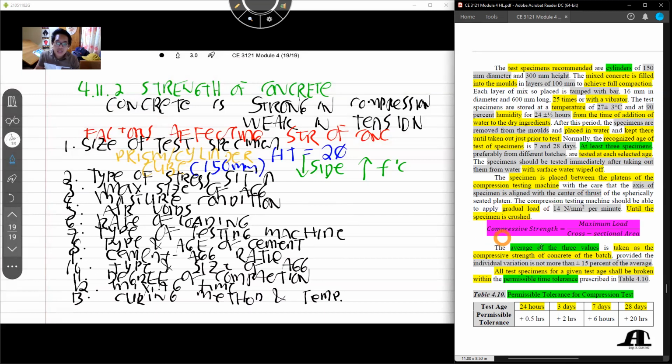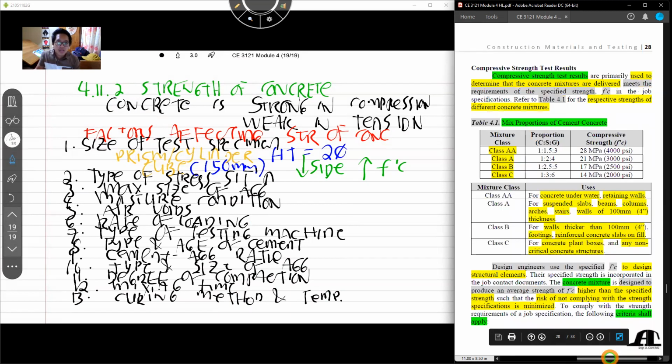Tapos, ito yung formula natin class ng compressive strength of concrete. So, supposedly class yung load at failure over yung cross-sectional area ng specimen natin. Tapos meron tayong table dito class in terms of yung permissible tolerance ng compression test. So, supposedly class na test na natin yung cylinder in terms of ito. So i-test natin siya class sa 1 day, 3 days, 7 days, tapos 28 days. Meron lang tayong leeway class na number of hours. Pag lumagpas na doon class, in a way, medyo hindi na credible yung test results natin.